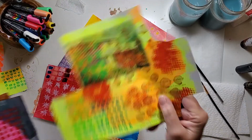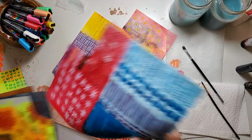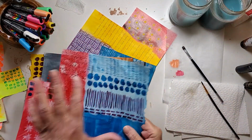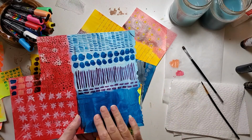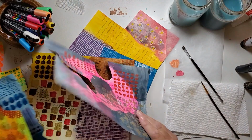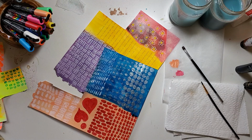There's that stickiness again. Here I did some tiny little dots, and I made those types of lines with you. Here I just made a row of stripes. This one I left plain. So no right, no wrong, just have fun, do what's easy. But I wanted to show you this one